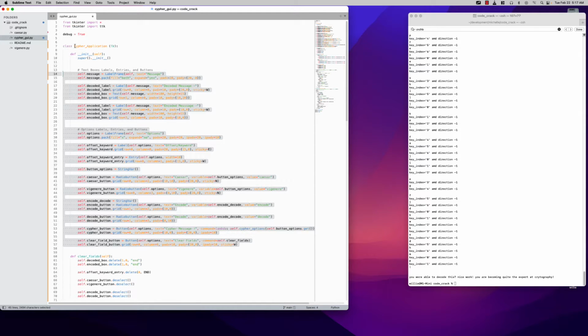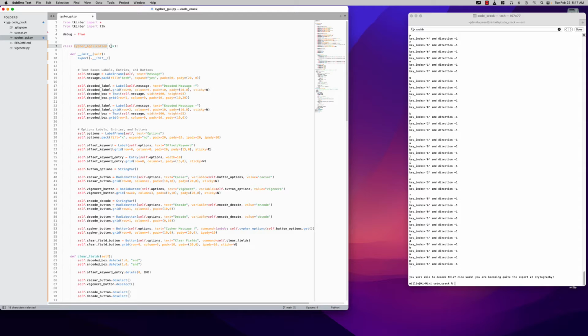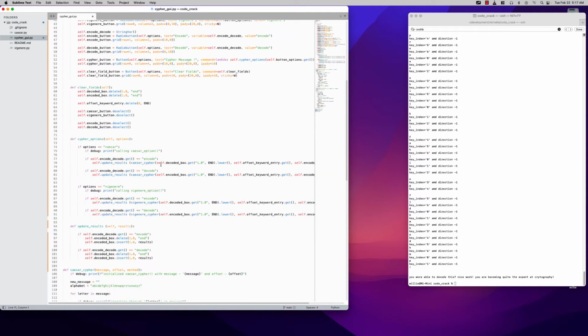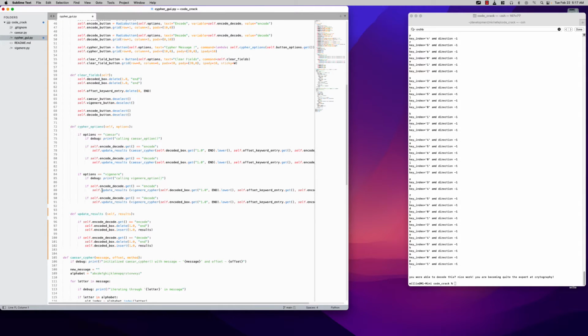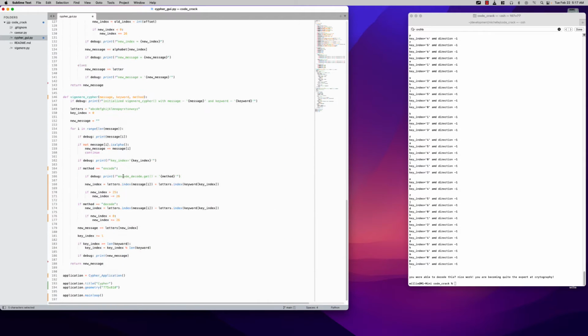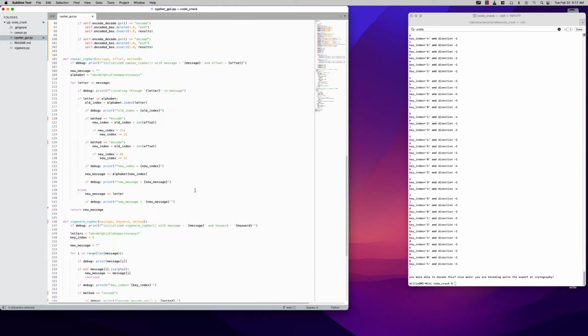I defined the class to be the Cypher application that derives from the TK class, and then I went through the process of fixing all this code to put in the self-references necessary. So these are no longer global variables. My global space is clean, and the only thing I have that's a global now is this application object, which is an instance of the Cypher application. Now,